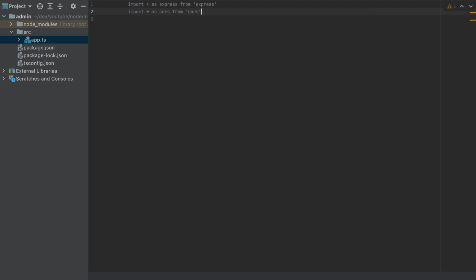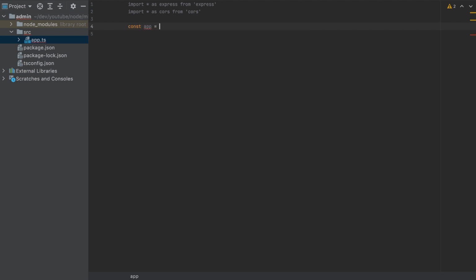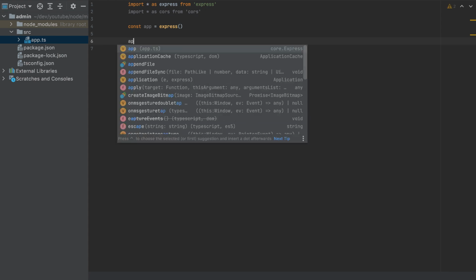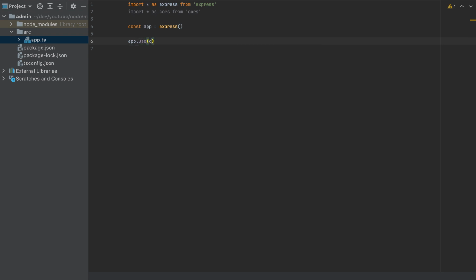So now I imported Express. Let's create the app is equal to Express, and we want this app to use CORS since we will use also the front end. So use CORS, and inside I will add the origins. So origin